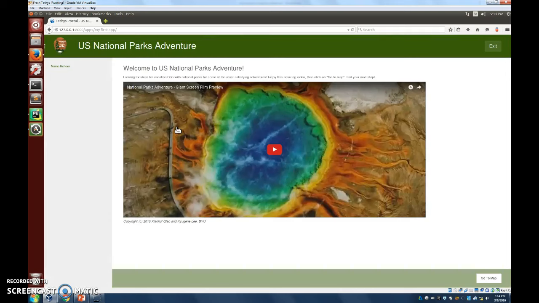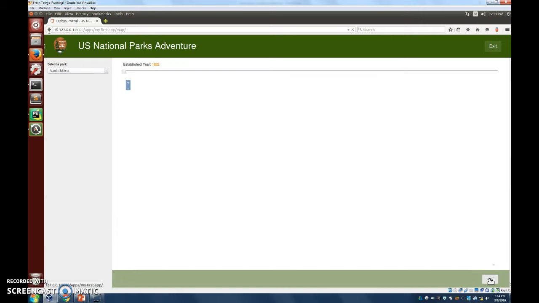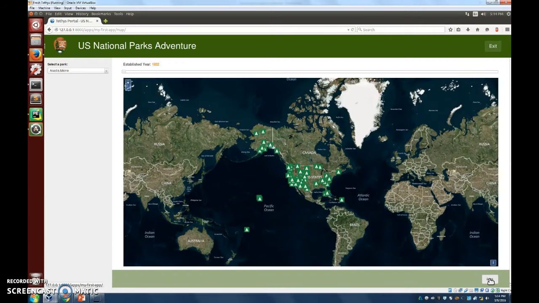Here in the home page of our web application is the welcoming introduction video to the U.S. National Parks, and if you go right here to the bottom left corner, the end user can locate the Go to Map button to access the interactive map. So once we click here,